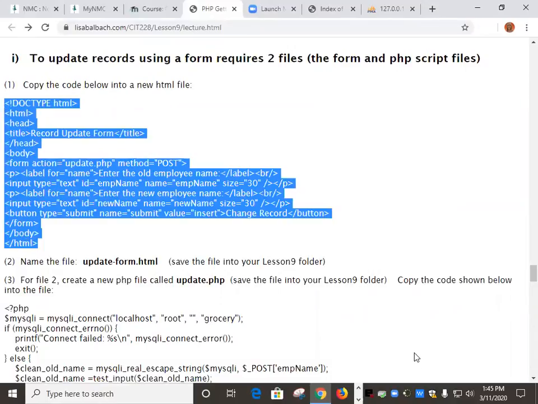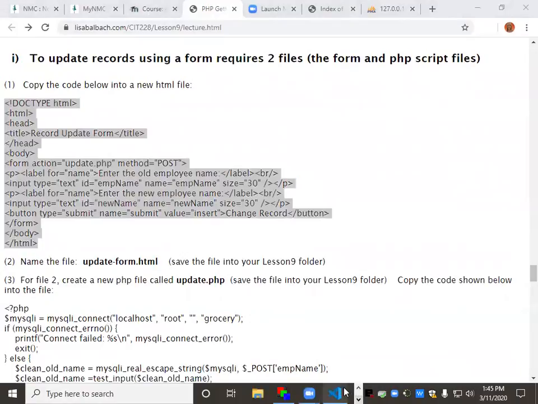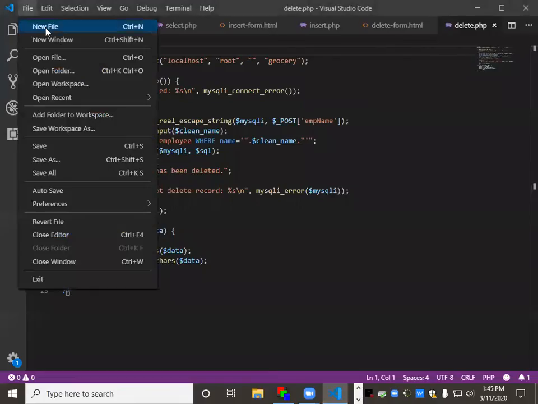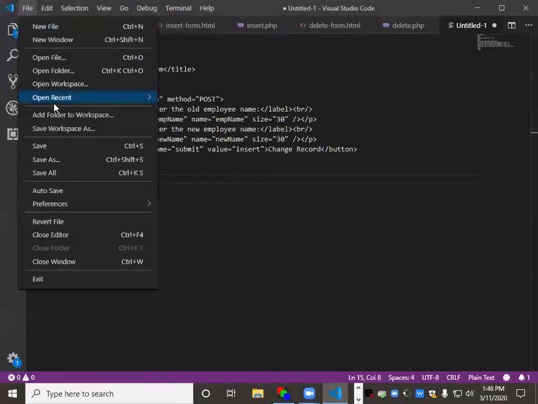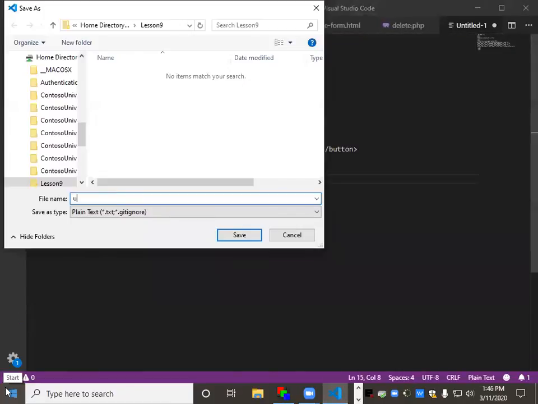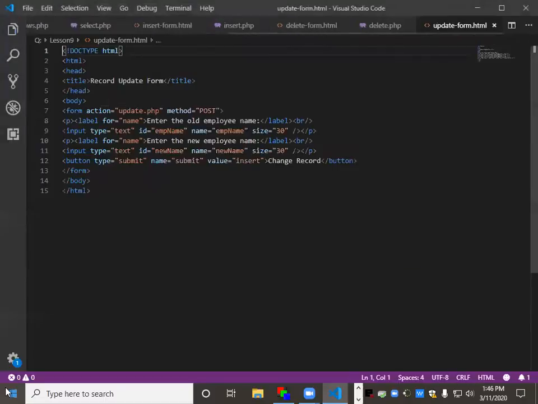Yep, so we're going to copy this. We're going to call it update-form. See, very consistent naming. I always do consistent naming because then I don't have to think too hard. So we've got the old name, we have the new name. So once you've got the update form, then we are going to create